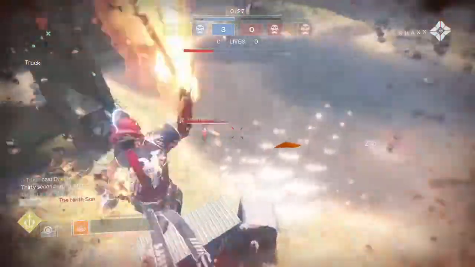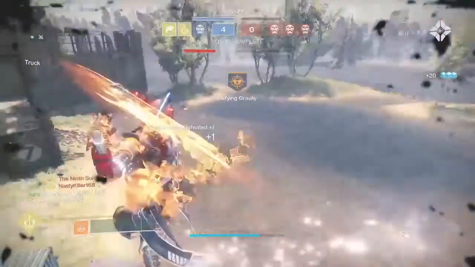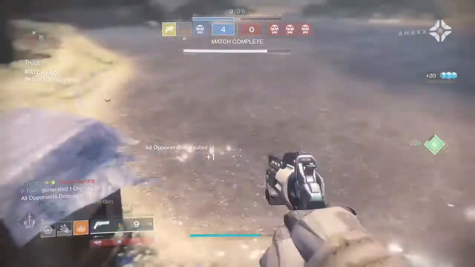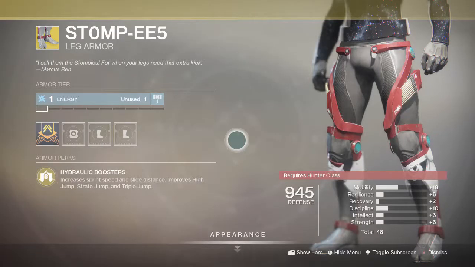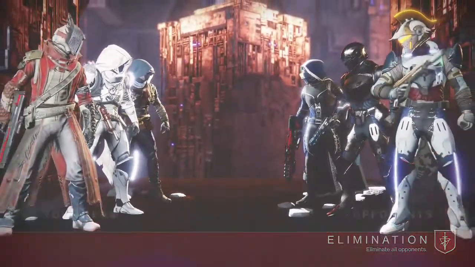Onwards we go as it's time for the bounciest of all the classes, with the Hunter's exotic armour pieces you might want to consider for Trials. Now obviously Stompies are going to be a lot of players' first choice, their only choice, every single time, and for obvious reasons. The buff to movement it gives is far and above any other in the game,